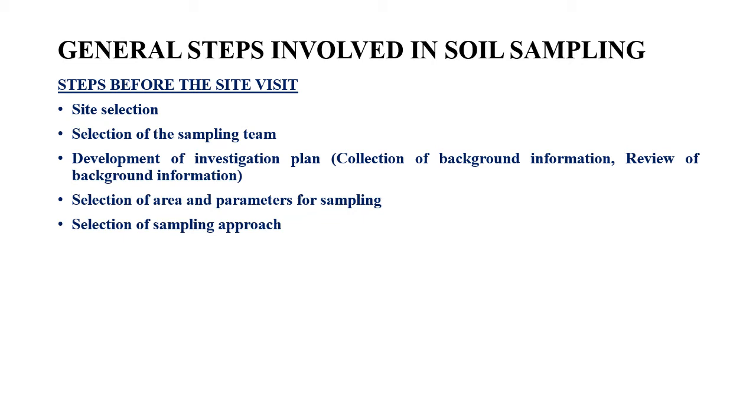So first is site selection. So this is basically identifying those possible locations of contamination. Now one way is by looking into the possible reports of contamination leaks or spills that must have happened, and that will help us in narrowing down and identifying those possible contaminated areas.